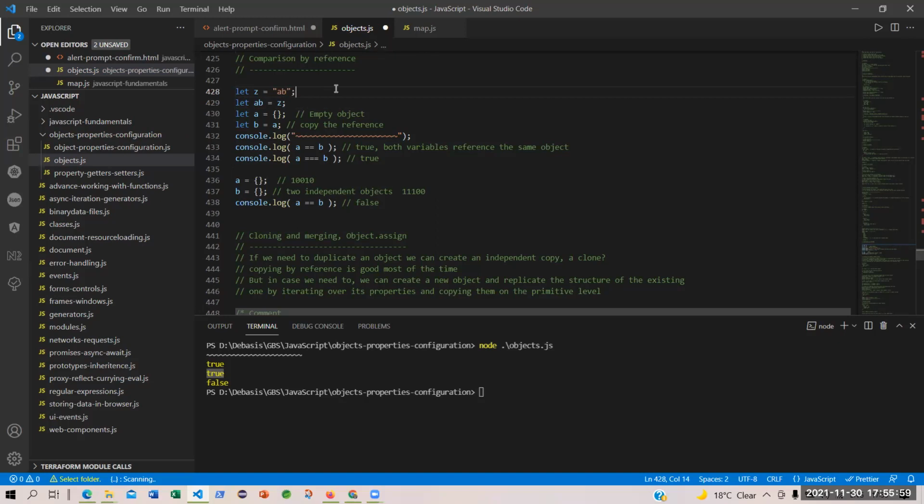This is a value, not a variable. So you are storing a value in the AB variable. Are you getting me? Okay, sir. But this is not an object.